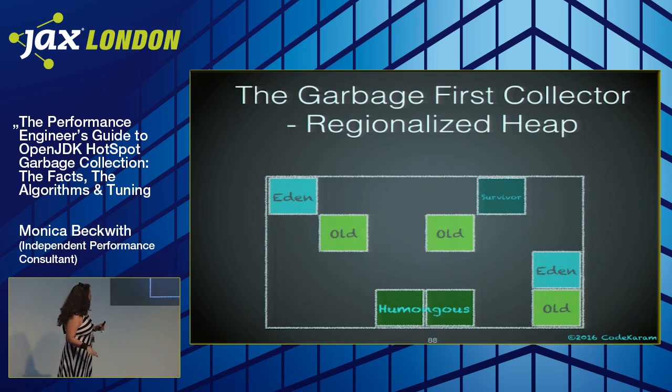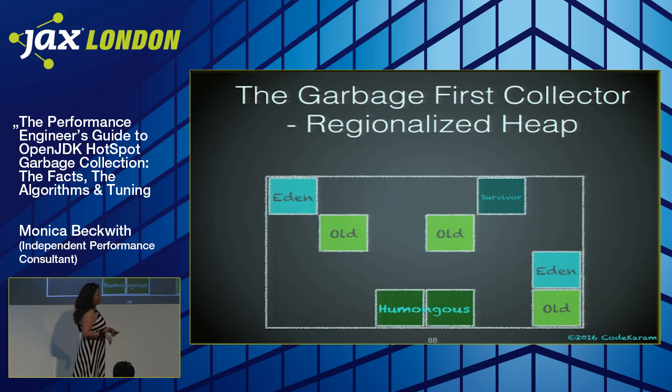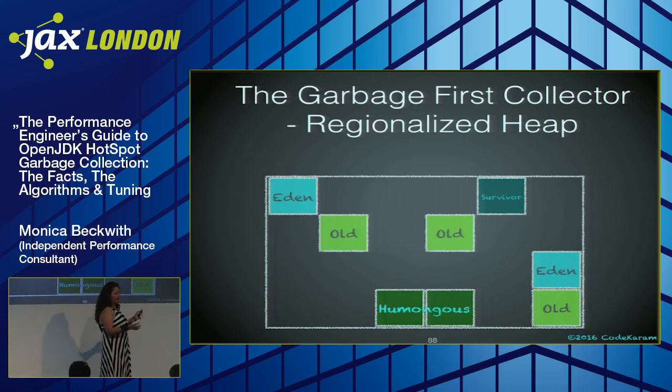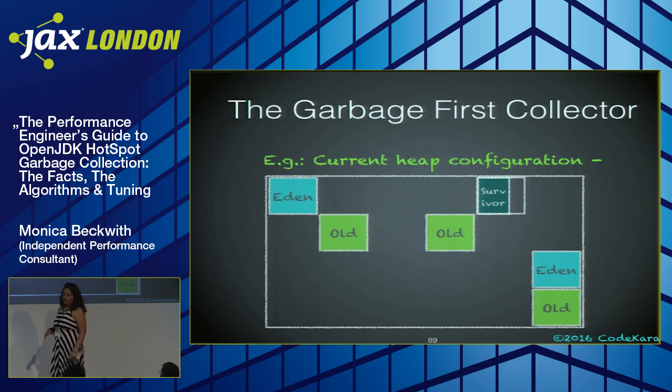So if I put some color into it, you'd see that those non-free regions could have been Eden, old, humongous, survivor. So it could be anything, and it could be laid anywhere. It doesn't have to be contiguous. The generations don't have to be contiguous. So if this was your current heap